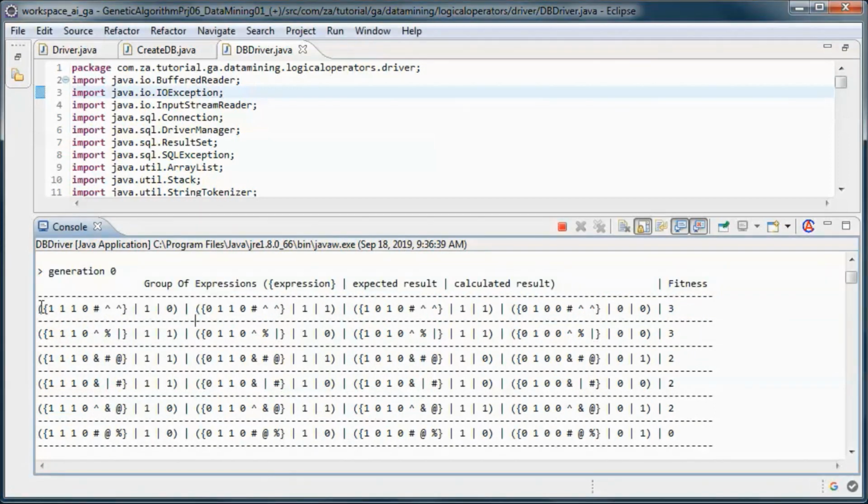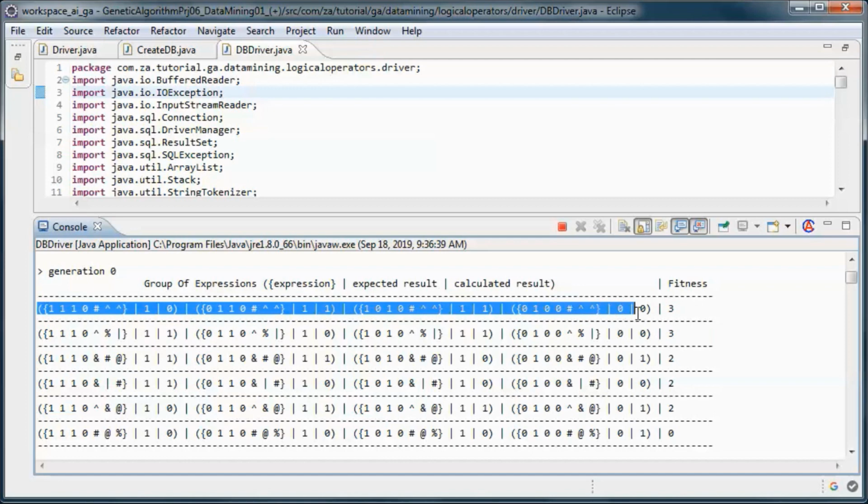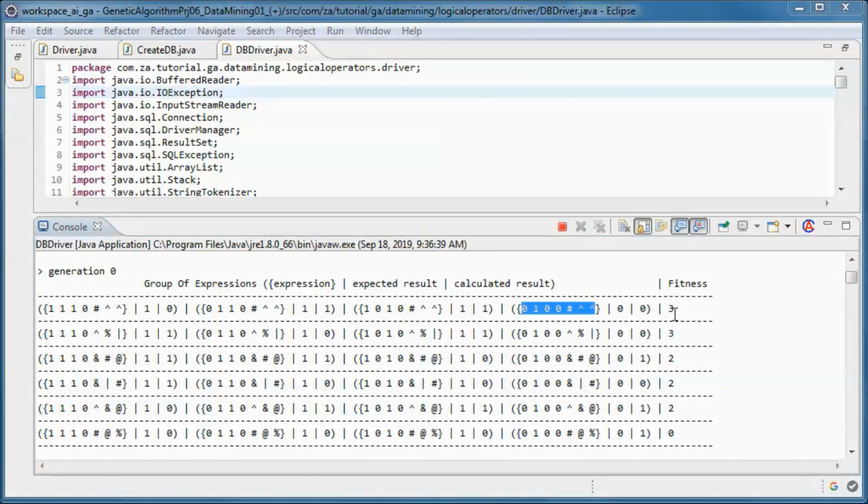So we have this group of expressions, so 4 expressions in postfix notations. And the fitness is 3, since here we have a match of the expected result and the calculated result, but here we don't have a match.